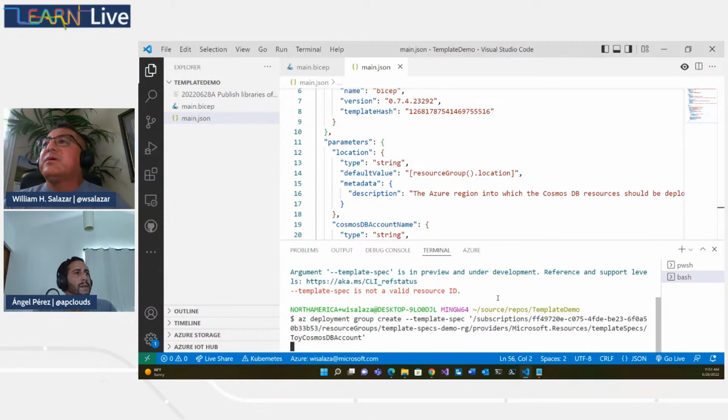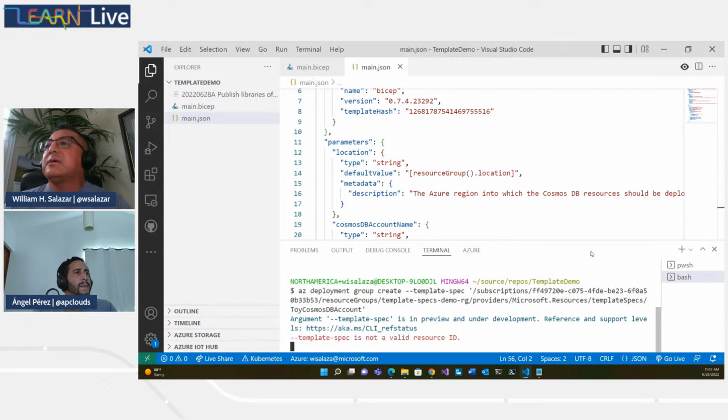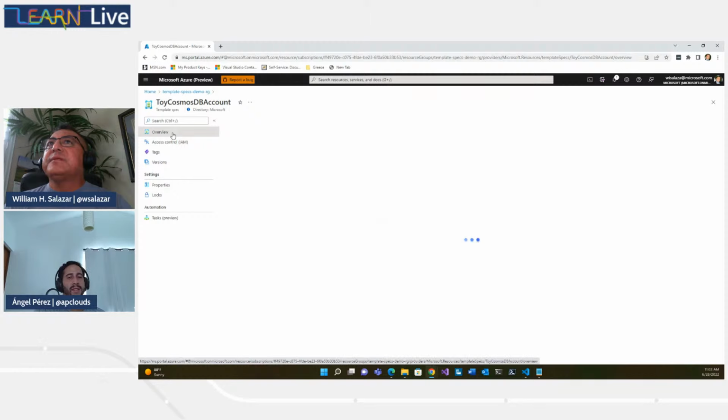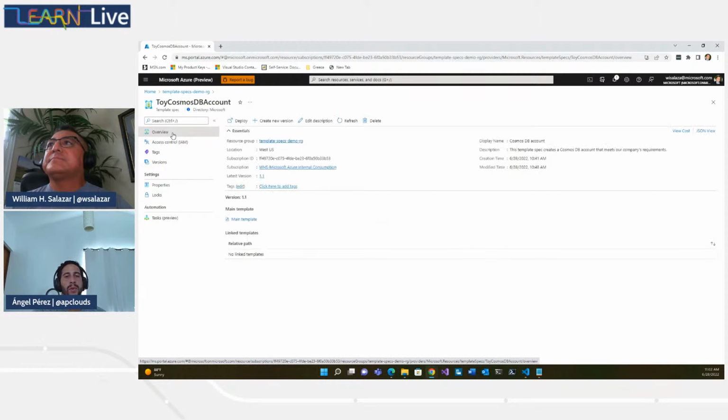Again, we're dealing with cutting edge right here. So let's make sure that that runs. Nope, didn't like it. I think it's just the quotes itself, not the double quotes. That's my bad. Let's go ahead and shut it. Oh, let's see it here. This is where you would typically want your app teams to go and deploy from, because they can actually see the list and easily click on